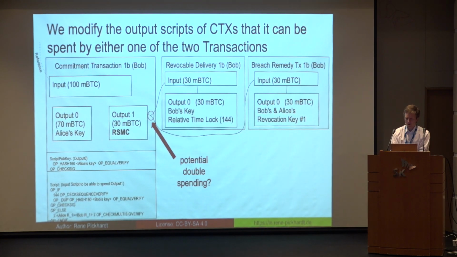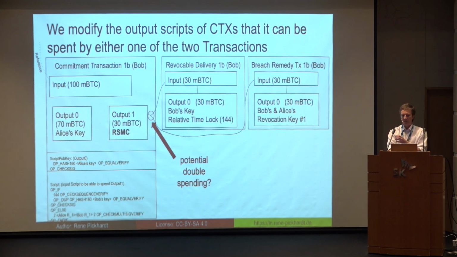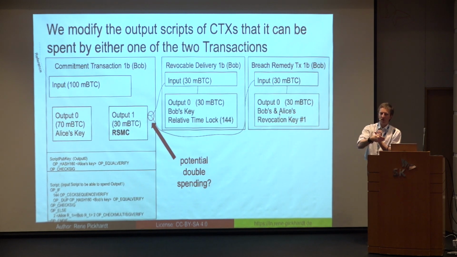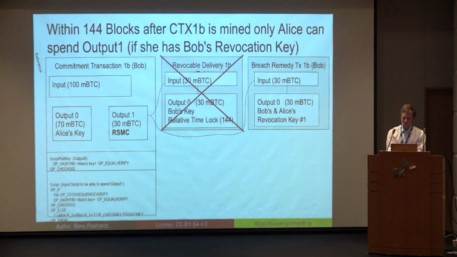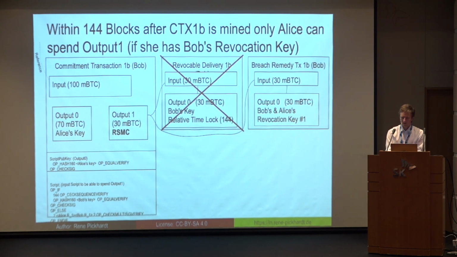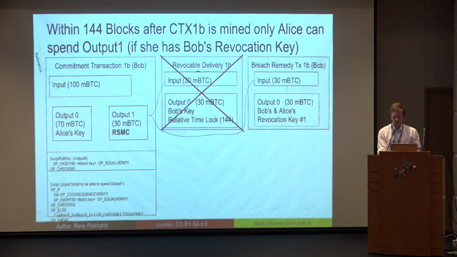So we need two more transactions. One allows Bob to spend this 30 if Alice and Bob both sign something. And this one, Bob doesn't need Alice, but it's more in the future, right? So Bob can claim the funds much faster if he gets Alice to approve it. And if she doesn't, he can spend it, but with a delay. And then this transaction is signed by Bob before they update the channel, right? So we have a state machine